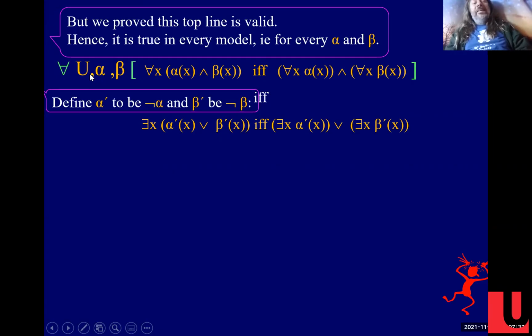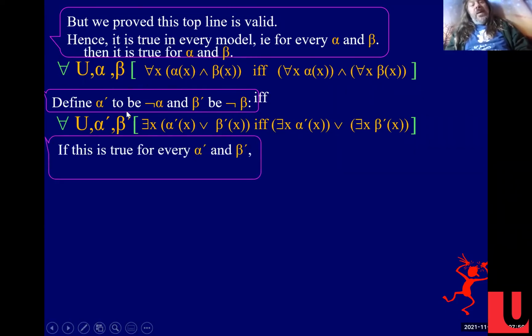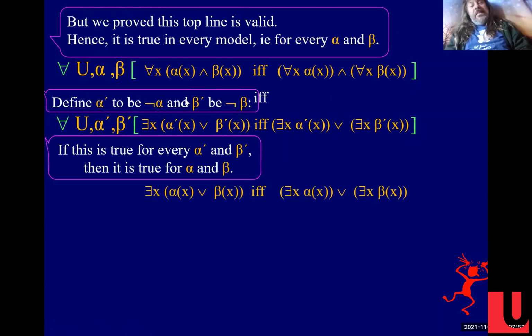And if it's true for all of them, then it should be true for alpha prime, right? Anyway, the point: if it's true for all of them, then we can replace the alpha primes with alphas and we're fine, right? So I guess here we had this proof that this is true for any alpha prime,